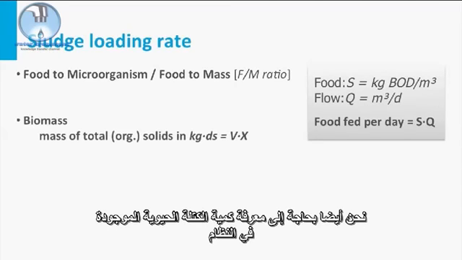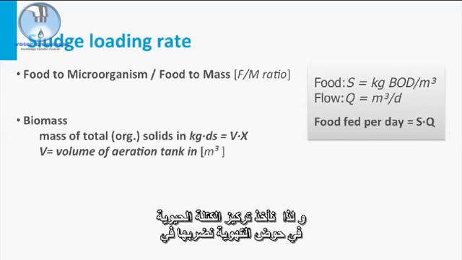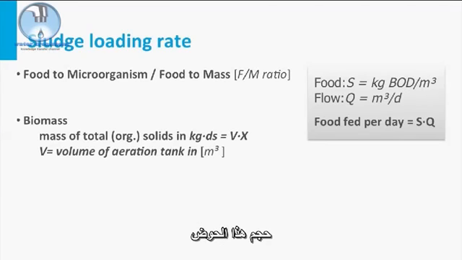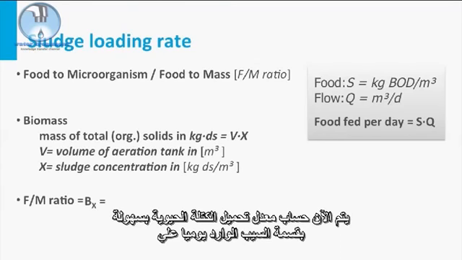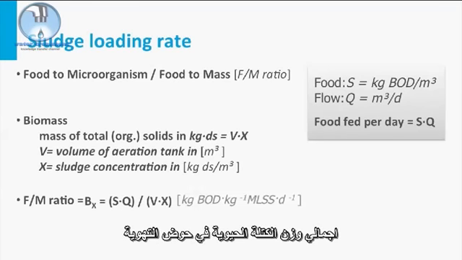We also need to know how much biomass is present in the system. Therefore, we take the biomass concentration in the aeration tank and multiply it with the volume of this tank. The biomass loading rate is now easily calculated by dividing the substrate fed per day by the total biomass weight